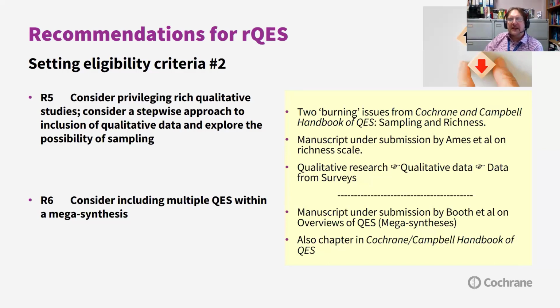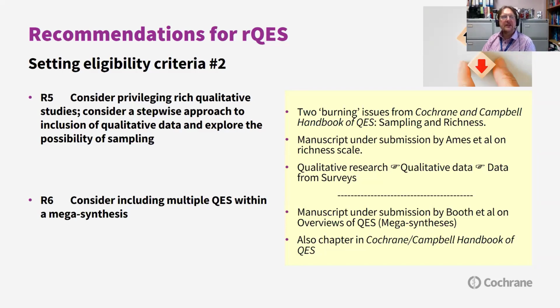And we also face decisions about what we're going to include as qualitative data. So are we going to include only accounts of qualitative research? Are we going to include sources of qualitative data, not necessarily framed within a research study? Are we going to include data from quantitative studies where qualitative fields have been opened up to users? And so these considerations of what we're going to include as data, and how rich data needs to be in order to be included in the study, are very important.